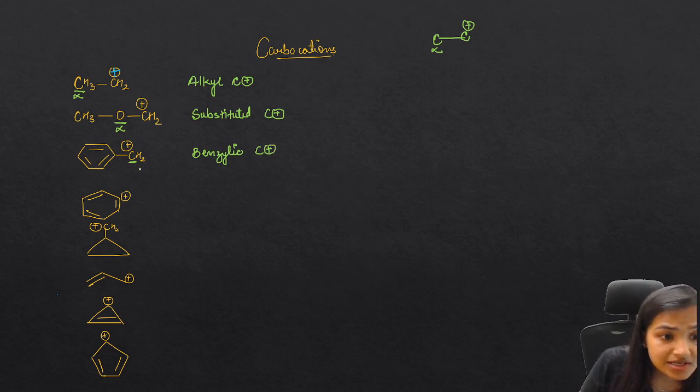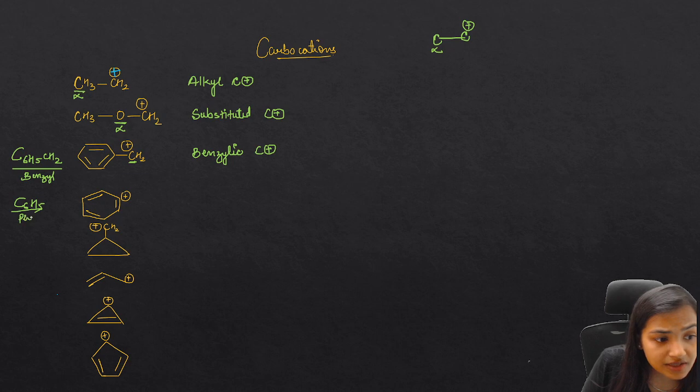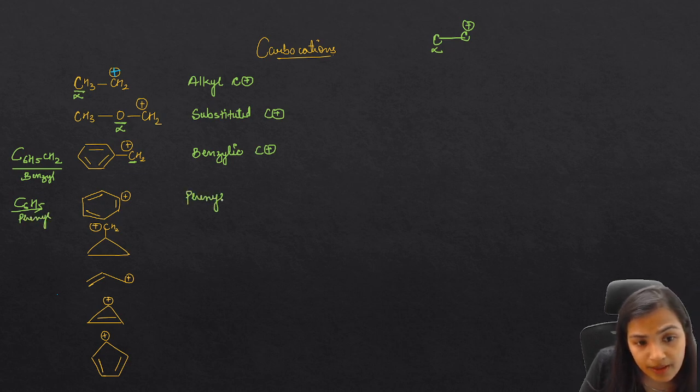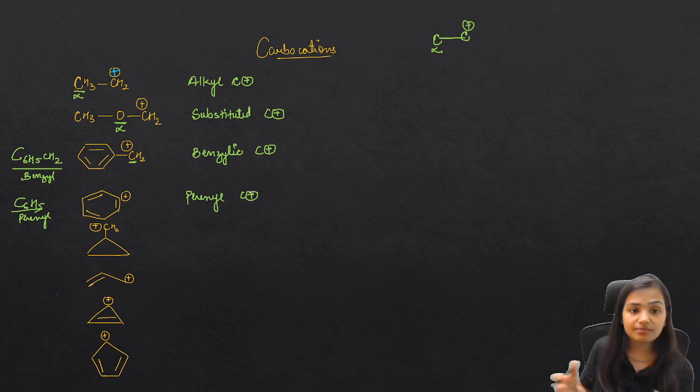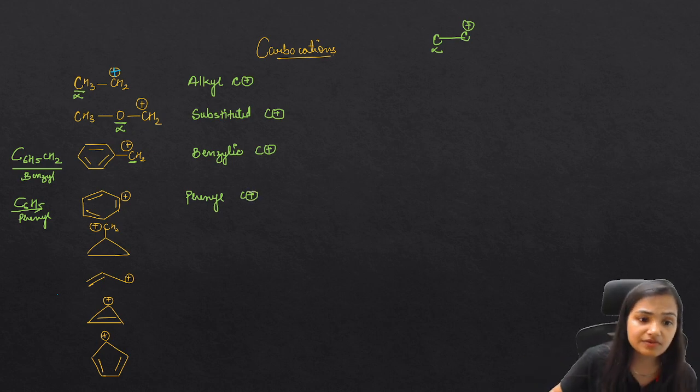Okay, now here if you will see, this is the phenyl ring. There is a difference. This is C6H5CH2, and this is C6H5. Okay, so this is phenyl and this is benzyl. So this part is known as benzyl. We call this benzyl and we call this phenyl. So this is a phenyl carbocation. First of all, I am telling you about the types of carbocation, then we will focus on their